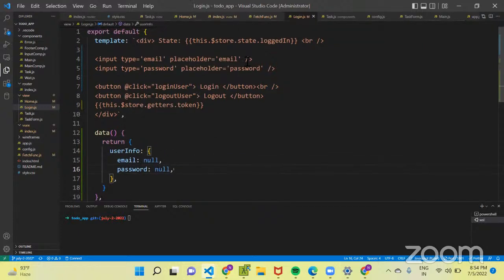And what we will do, we will remodel with this information. Remodel equal to info dot, and the same thing I will do the password also,